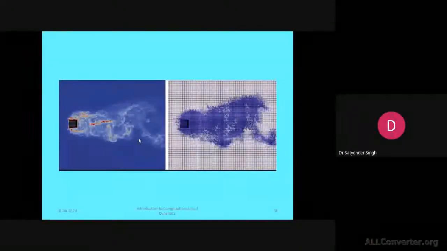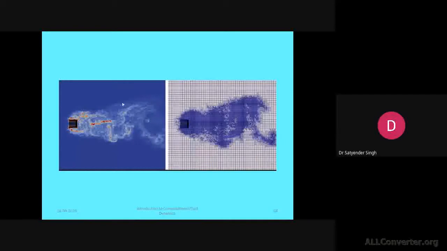Okay, before going to the next, I must mention something which is really important. The actual meaning of this grid is, let's say we have a boundary condition here. Are you able to see my cursor? Yes, I think. Okay, let's say on this particular wall we have given the boundary condition for the velocity of the fluid or the temperature of the fluid. Then this grid will first solve for these border nodes or border grids. This value will be interpolated to the next grid, to the next grid, to the next grid. Then finally we'll have the solution up to this end.